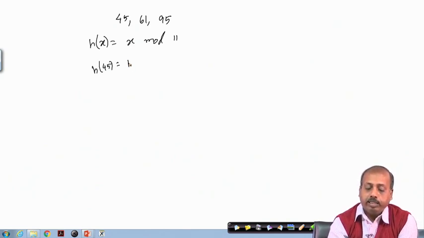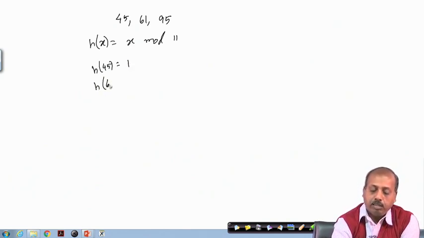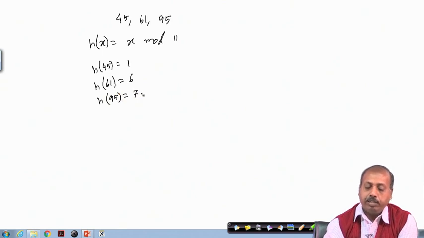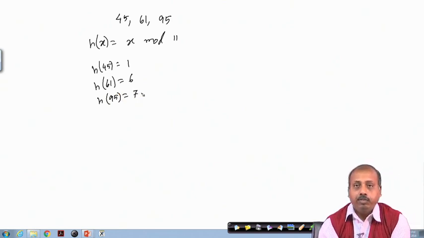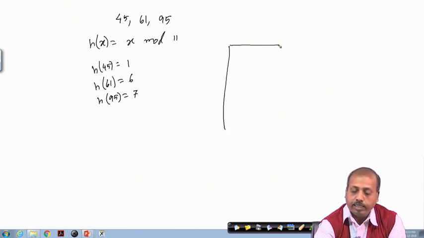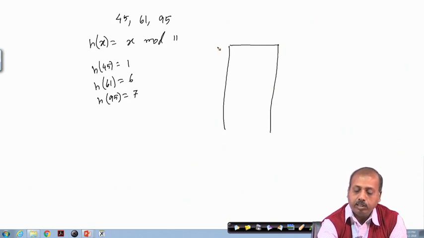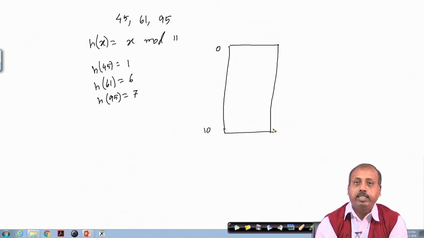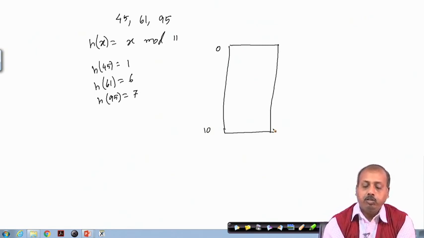Then h of 61 will give me 6, and h of 95 will give me 7. In the table we have entries running from 0 to 10, if it is mod 11.